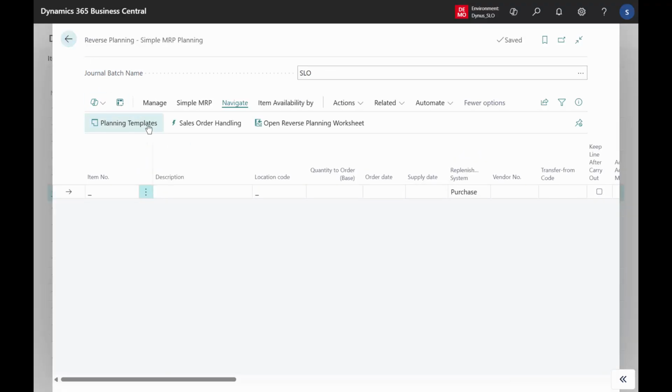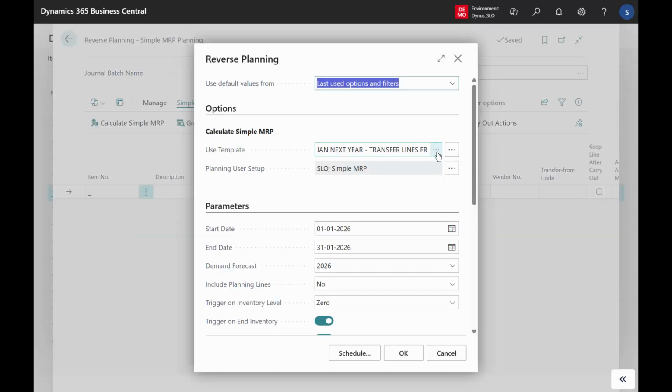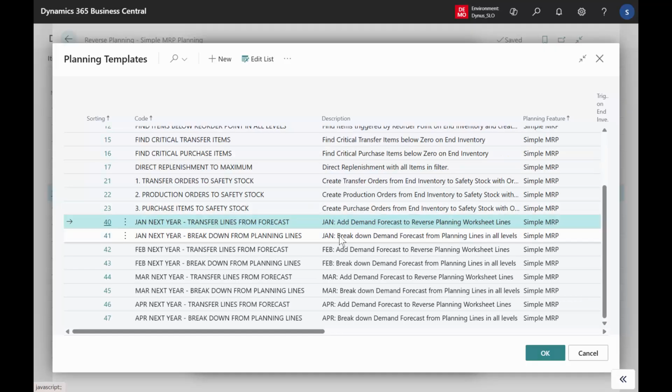What actually happened is this. I was calculating for simple MRP. I'm going to do the same with February. So the template January, February, March, and so on has 2 templates. They're exactly the same except for the dates. So the template I called forecast next year, if I scroll a little right,